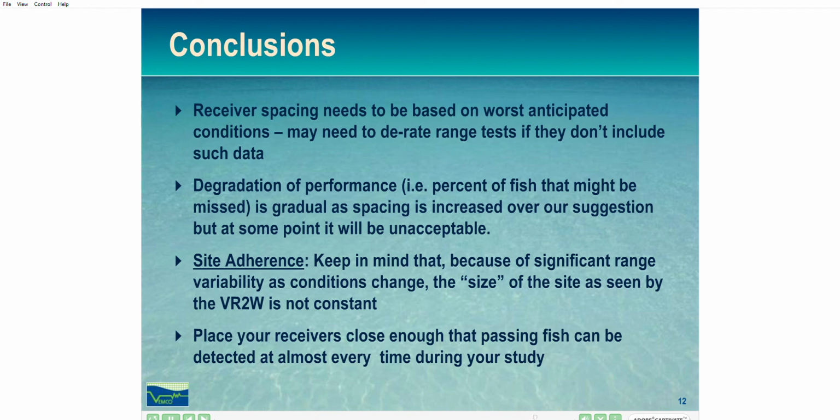Site adherence. Keep in mind that, because of significant range variability as conditions change, the size of the site as seen by the VR2W is not constant. Range is dynamic, changing throughout the day, weeks, and months. And finally, I'd like to remind you that, although one can take an academic approach to designing acoustic gates, it is our view that the best approach is to place your receivers close enough such that passing fish can be detected at almost every time during your